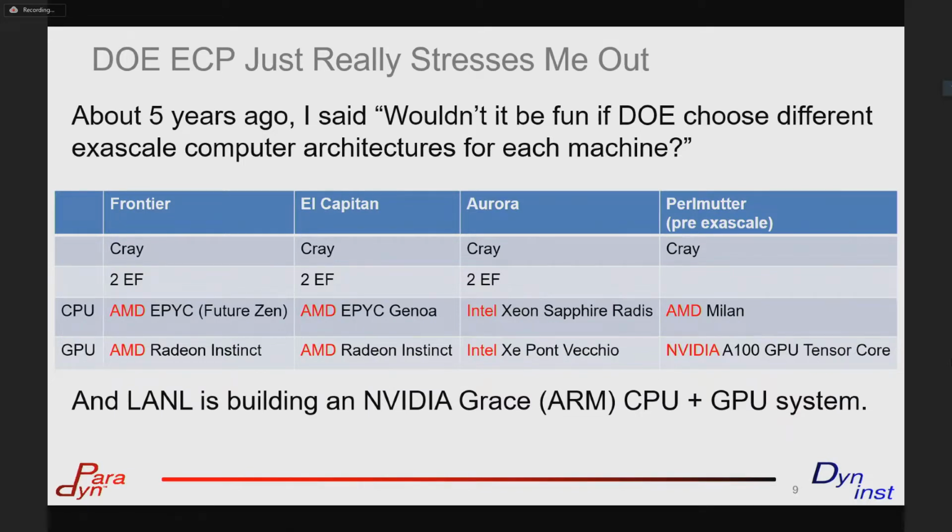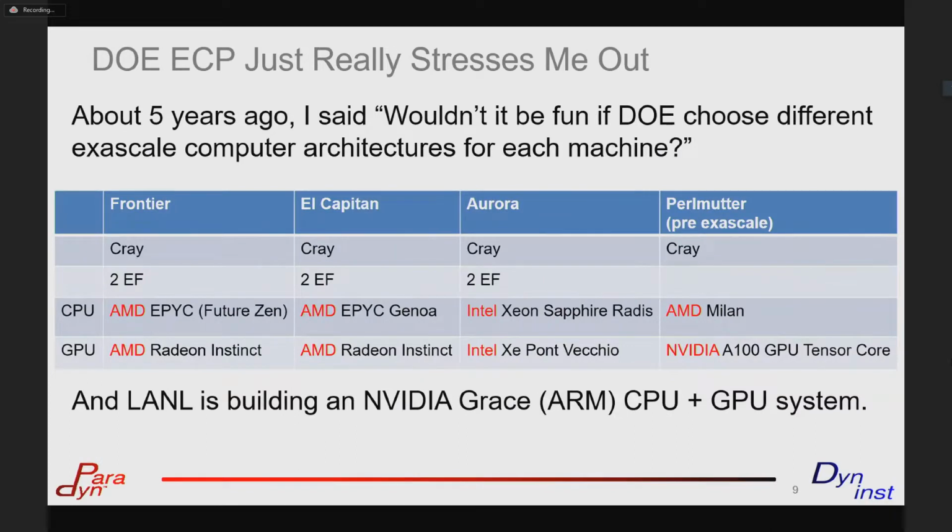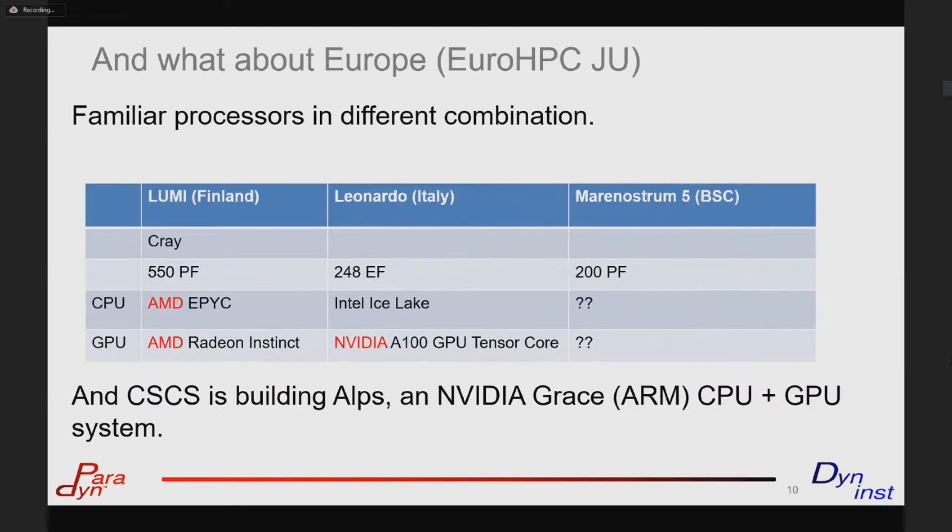So that's a challenge because the GPUs are hard and the tools are completely different on each one of those. And of course, Lanl is building their own machine, running their own way on that side, which is using the new NVIDIA Grace CPU-GPU model, which is really intriguing, but totally different than everything else. So we're already doing something really hard here, and now we have to do it differently on all these platforms. God help us.